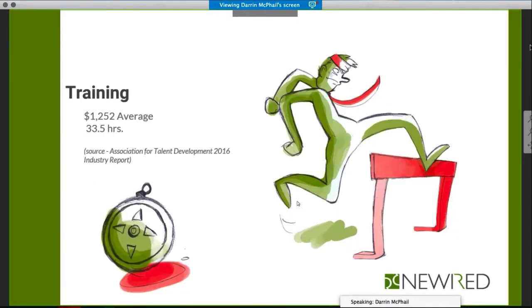Companies still spend a bulk of their training budget on classrooms, but there's also tremendous overhead costs involved when you're taking people away from their desks to sit in a classroom. And then add the complexity of multiple locations and the time involved for travel, and those hidden costs start to add up. The average annual cost of training an employee every year is over $1,200. And that doesn't include the 33 and a half hours of their salary that you're taking them away from their